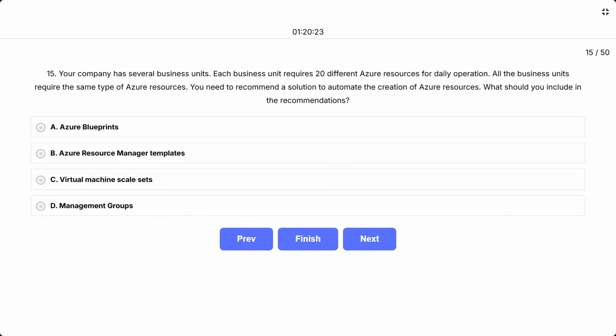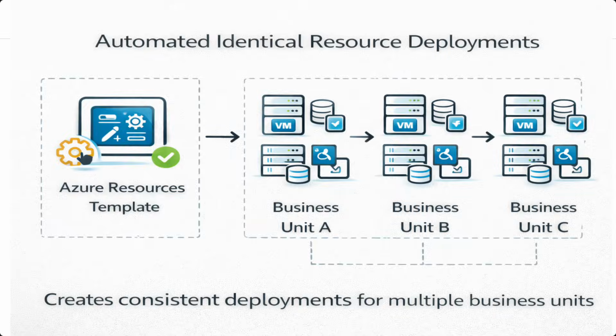Question 15. Your company has several business units. Each business unit requires 20 different Azure resources for daily operation. All the business units require the same type of Azure resources. You need to recommend a solution to automate the creation of Azure resources. What should you include in the recommendations? The options are A. Azure Blueprints, B. Azure Resource Manager Templates, C. Virtual Machine Scale Sets, D. Management Groups. This question tests your understanding of Azure automation for repetitive resource deployments where multiple business units need identical